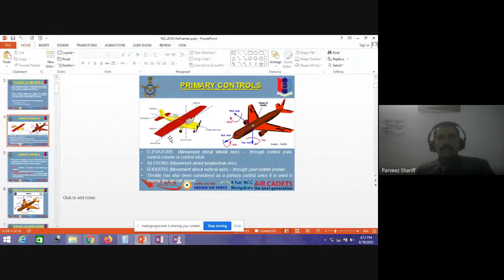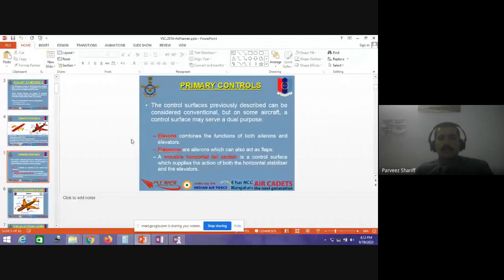During landing, we use this as the flaps, and when we are flying, we use this as the ailerons. Okay. Likewise, in some advanced aircraft, in delta-shaped aircraft wings, there is no tail section. There are no elevators at the tail section. So the elevators and ailerons are connected together, and that acts as elevons, which we call the elevons. Clear?